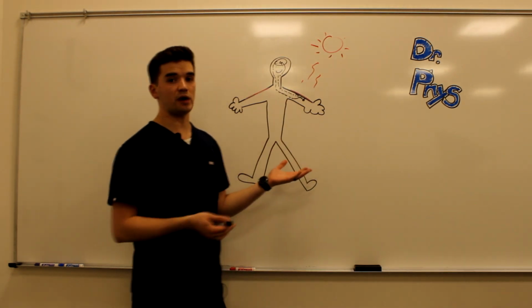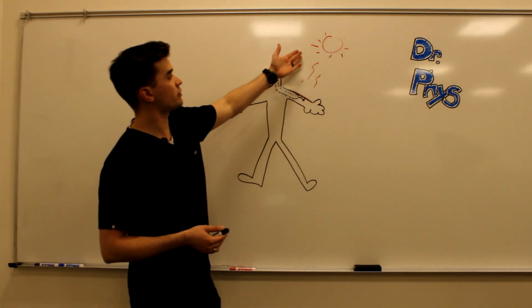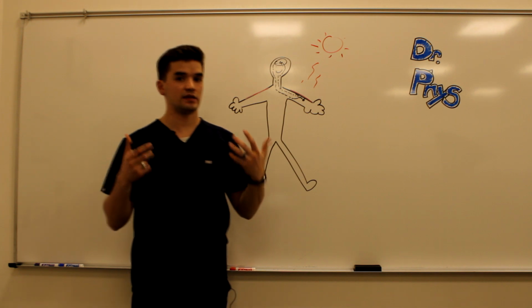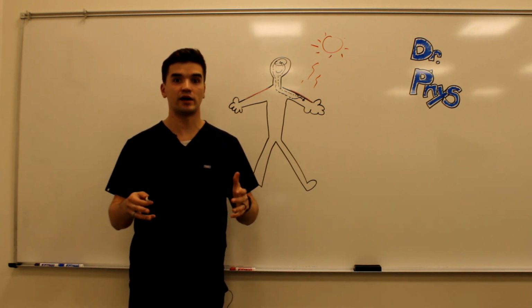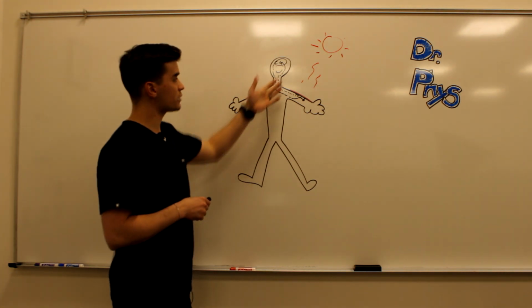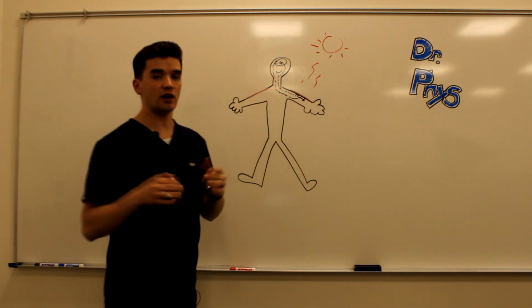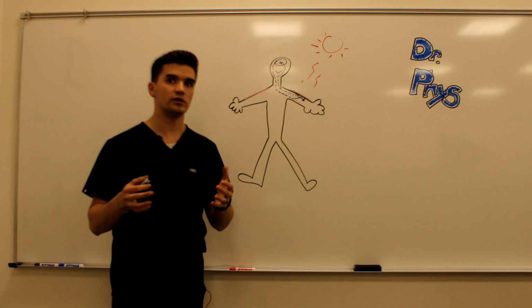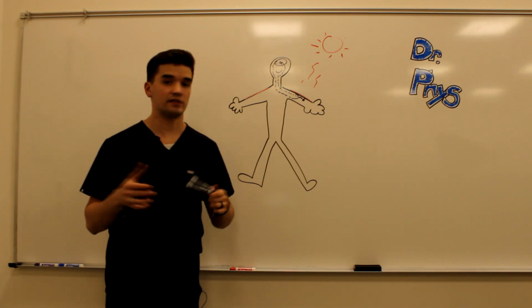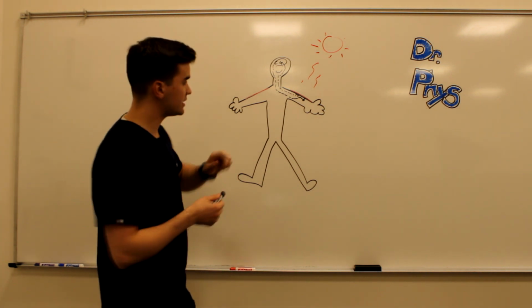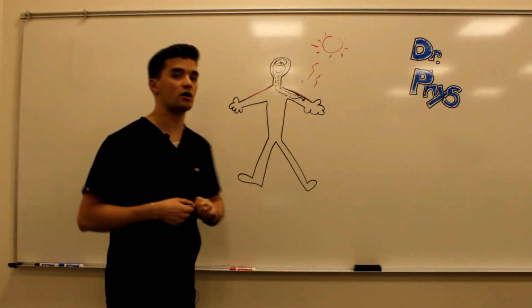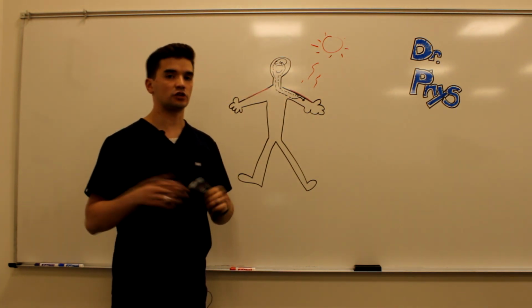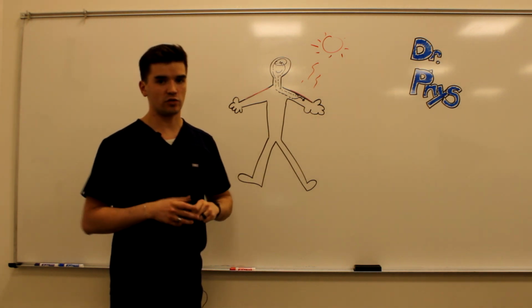Alright, here's our friend Bob. Bob is receiving a lot of rays from the sun and his skin is overheating. What usually happens when we feel overheated? We sweat, right? So let's talk about that. Bob receives rays from the sun, that overheats his skin, and under the skin, something called a receptor will pick up that signal that the system's being overheated, and it'll send a signal up to the control center through something called the afferent pathway.